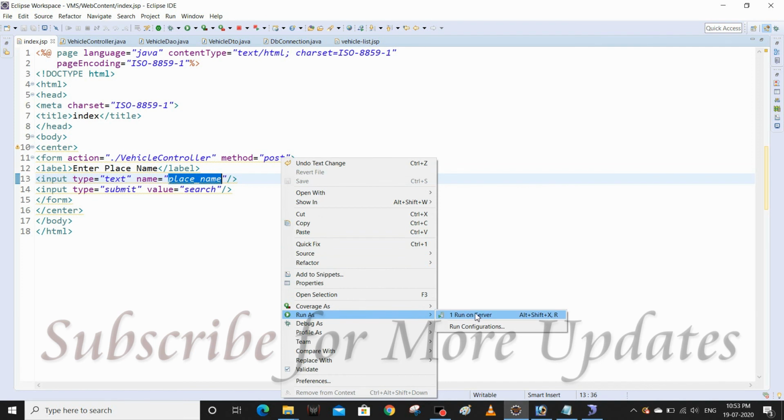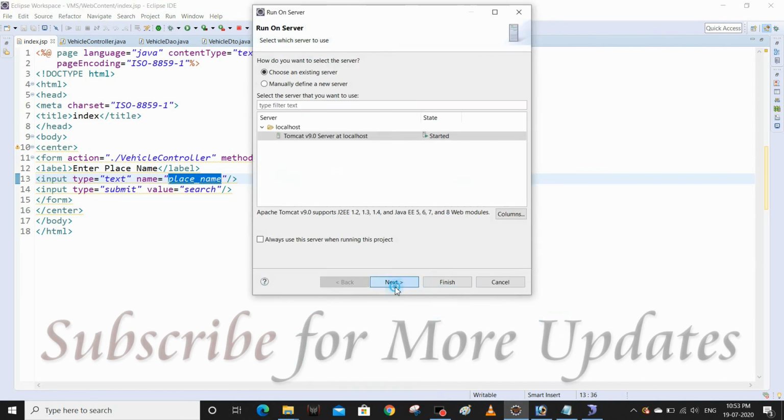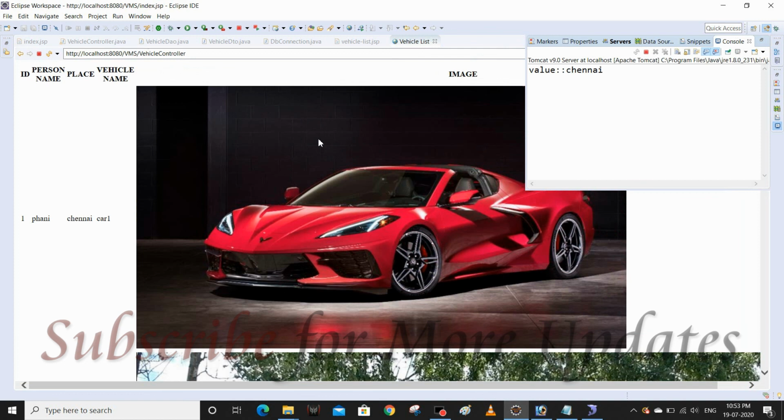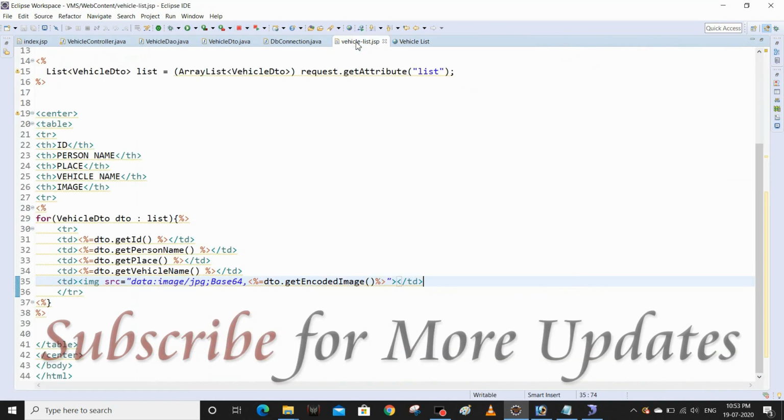Index.jsp, run as run on server. Next, finish. I'm going to give Chennai. Oh, the image is displaying. I need to set some size here. Let me set it in the vehicle list.